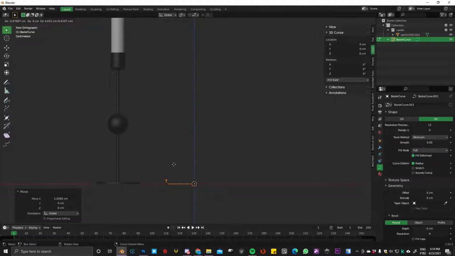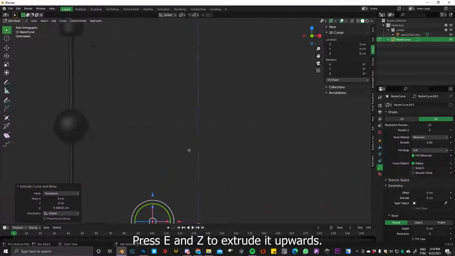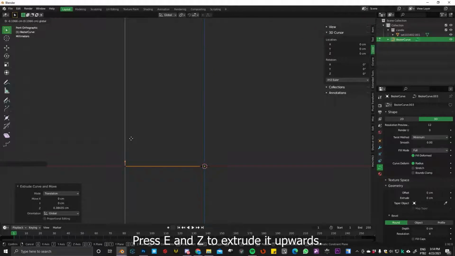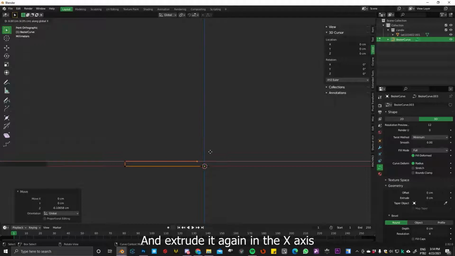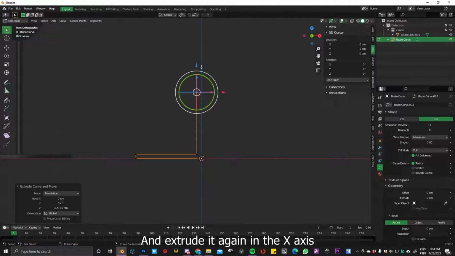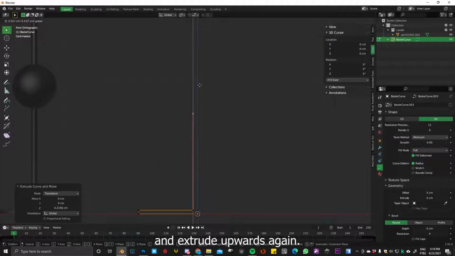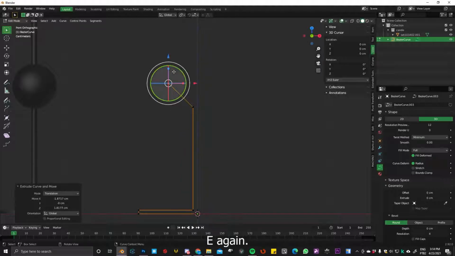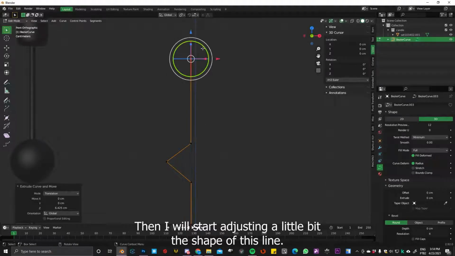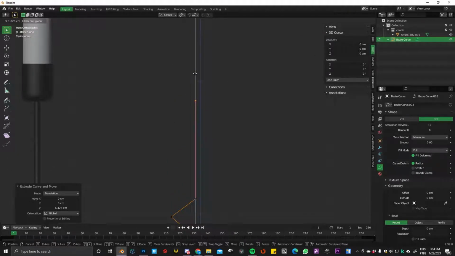So press E and Z to extrude it upwards, and extrude it again along X, and extrude upward again, E again, E again. Then I will start adjusting a little bit the shape of this line.